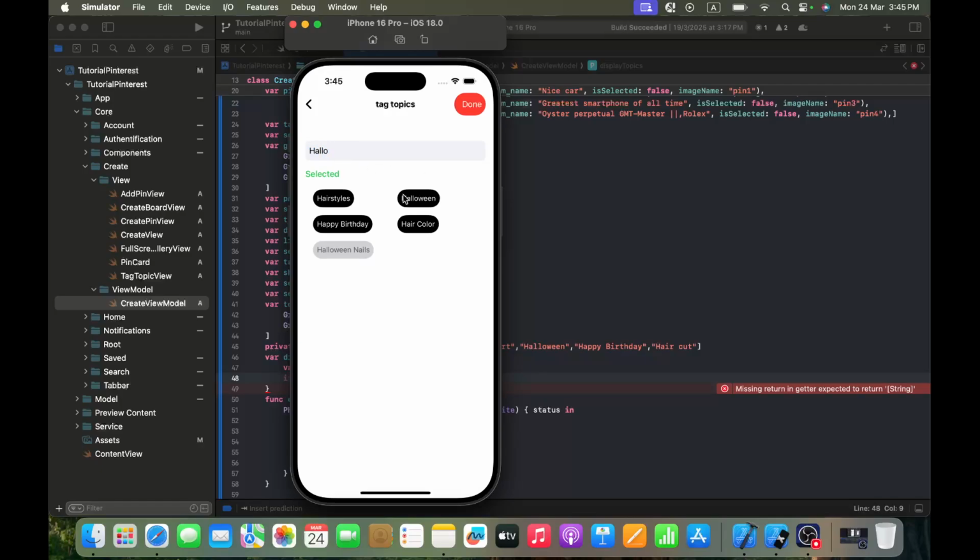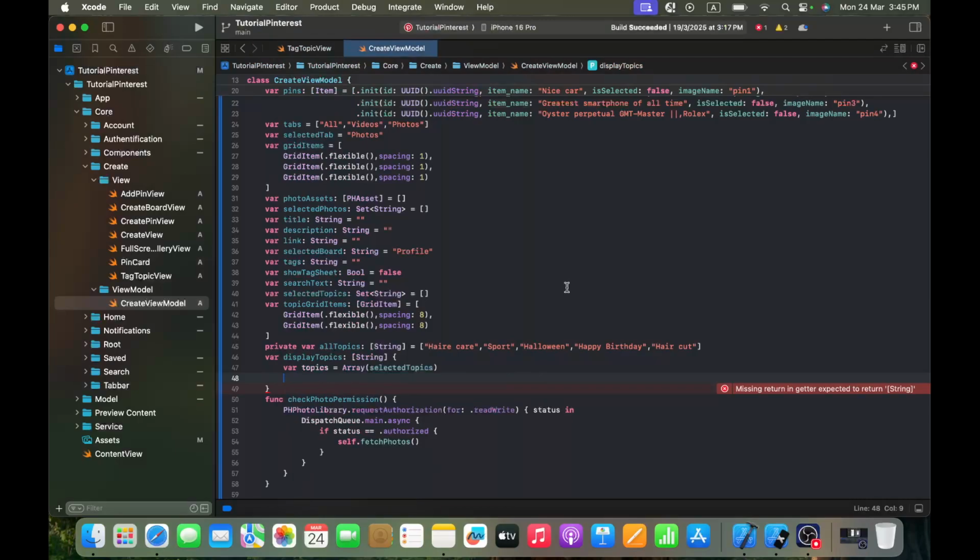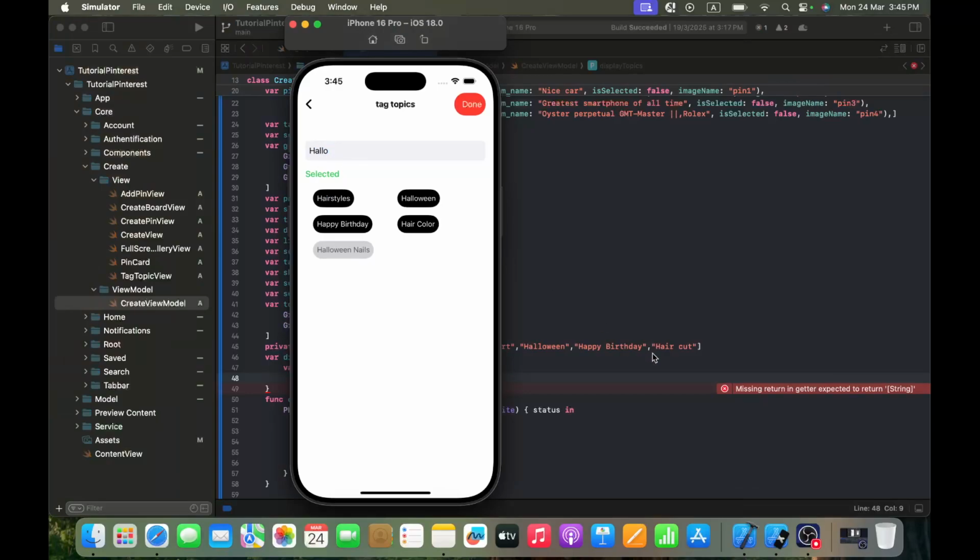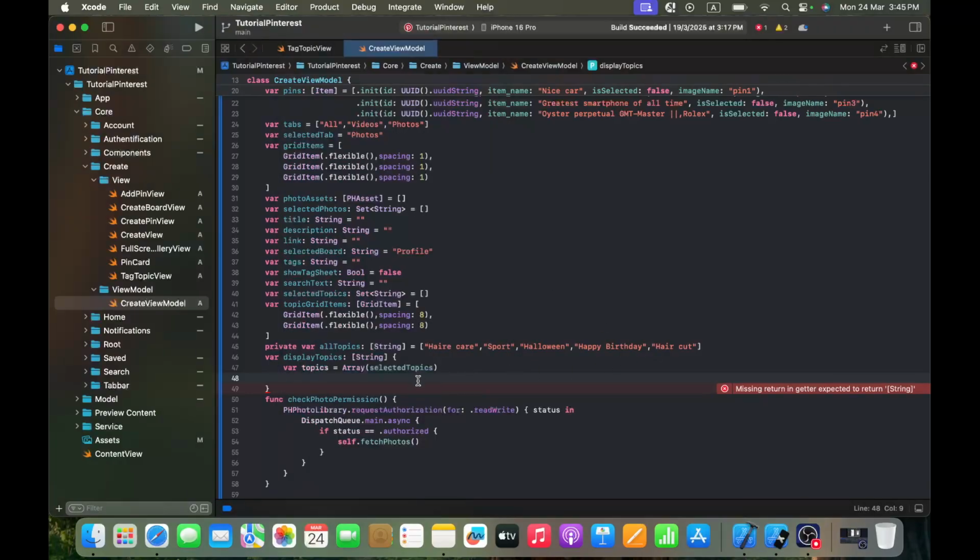As you can see, because Halloween is selected here, it doesn't display Halloween again here. It is displayed as selected. So I need to get the topics that are not selected, and at the same time contain the word that was written. To do so, I will do let